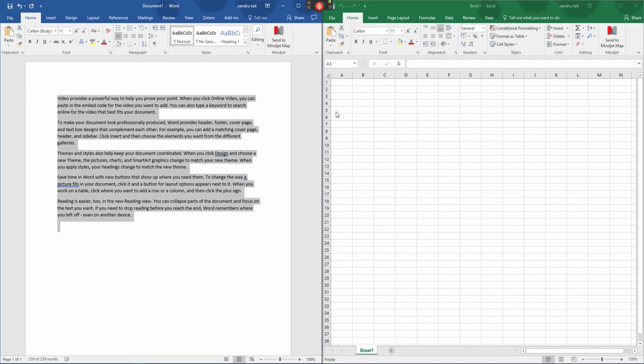Video provides a powerful way to help you prove your point. When you click online video, you can paste in the embed code for the video you want to add. You can also type a keyword to search online for the video that best